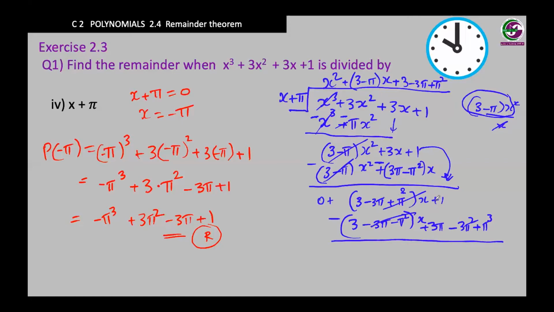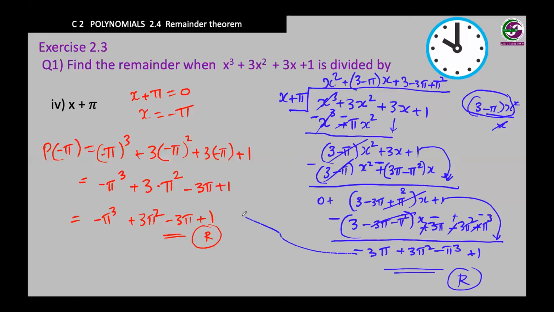And at last we have plus 1 and all of this will also get changed. So this plus will be minus, this minus will be plus, and this plus will be minus. So what's the final answer? Minus 3 pi plus 3 pi square minus pi cube, and at last we have a 1 here. So plus 1. So that will be the remainder, which is the same as the remainder that we get from